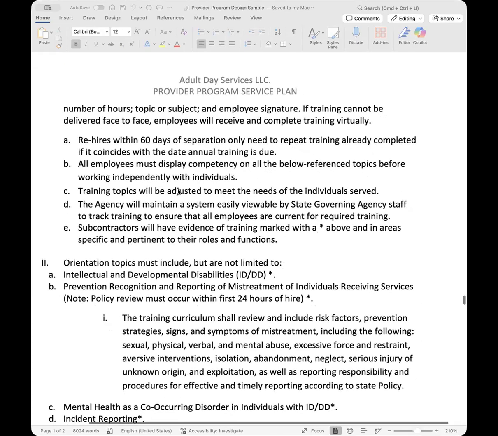All employees must display competency. So I talked a little bit about adding those tests into your training. Not every training is required to have a test, but we'll go through these trainings now, and I'll tell you which ones you're required to have a competency test for. However, it is helpful if you're doing online to make sure every training has a competency test, just because you have no way of testing their knowledge, and all the information is super important. They must be able to show some type of competency for the information you're providing them.